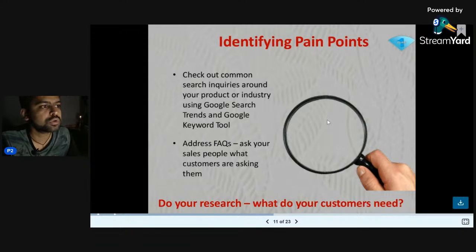It will tell you how many people are searching for your keyword terms or the things that you are trying to target. And then of course FAQs: ask your sales team, or maybe your friends, family members, or someone who knows your target audience, what exactly they are facing issues with, what exactly they are looking for answers to. Just target those questions and you will be good to go.